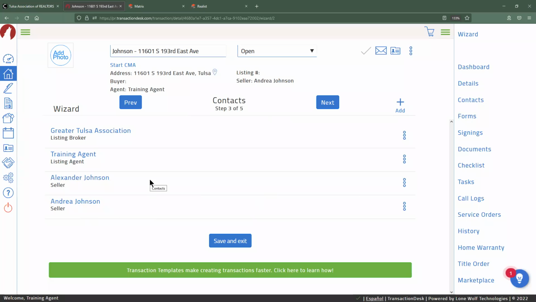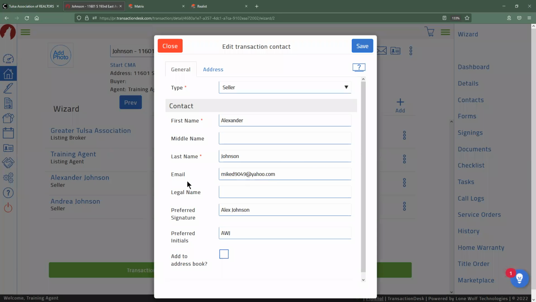If you don't have an email address, you're going to have to add that on the signing. Now, unless you check a checkbox to indicate that you want to keep that same email address for future use, the next time you try to send off a signing, it may not remember what email address was used last time. If you add the contacts originally with the email address in tow, you shouldn't have any issues whatsoever. So the rule of thumb that I always try to recommend to people is get all of your information filled out on the first go around, because it's going to make a huge difference in how quickly you can start up and send out a signing.